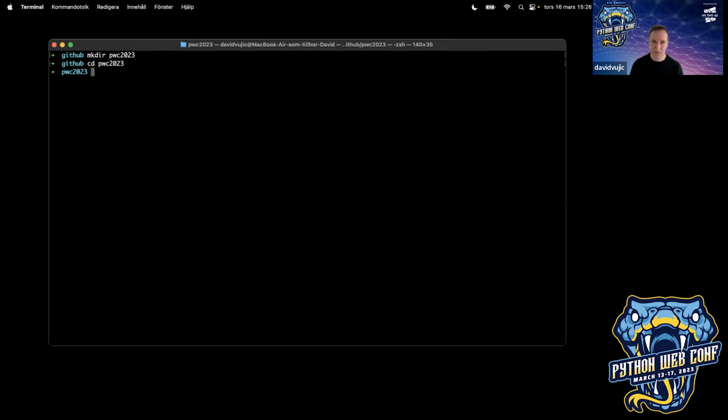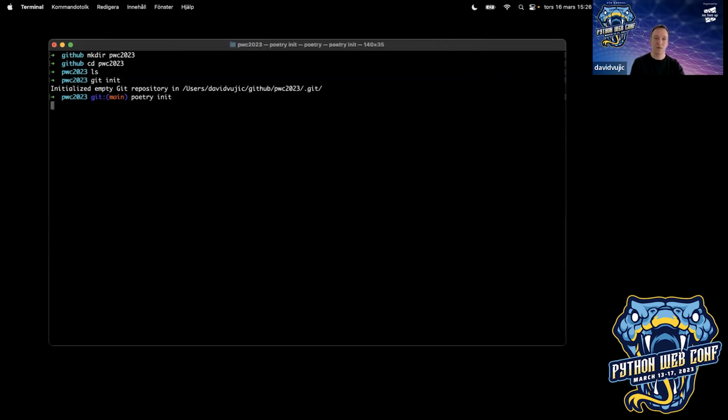So I've started a brand clean folder. There's nothing in it. So what needs to be done? I really like Git, so I'm going to make this folder a Git repository. Running git init in it. Done. And the next step is, because we use the tool Poetry, I'm going to run the poetry init command,